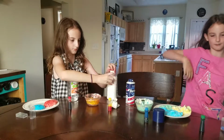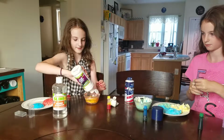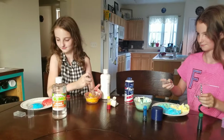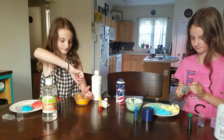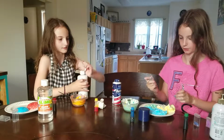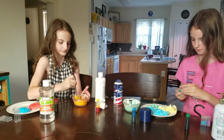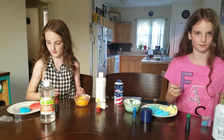I think I'm okay, good. Time to add in colors of beads. I think your slime is more sloppy than mine. Well, yours is more beady. What do you mean? Beady. Okay, yellow one is, I overdid it with the blue, but it's all right. You have two more to put in. I have one more to put in, actually. Wait, I just put this one in. Now, actually,